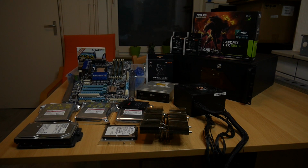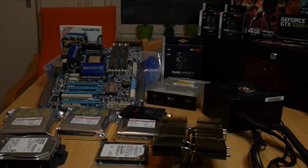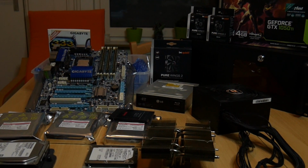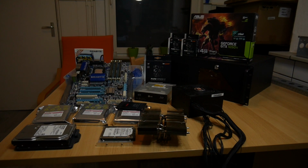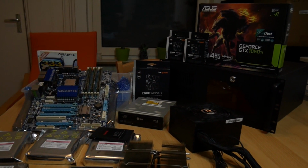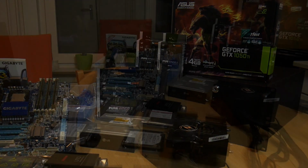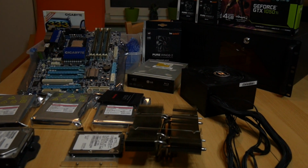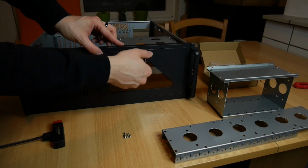I'm using my old Intel i7-930 CPU and Gigabyte GA-X58-UD3R motherboard. I only have 6 GB of triple channel DDR3 memory. I'd rather use ECC memory and more of it, but that wasn't an option for now. The GPU is a GTX 1050 Ti, which is only borrowed, so I'll have to replace that at some point. The power supply is a cheap 650 watt Sharkoon unit, and the case is an Intertech